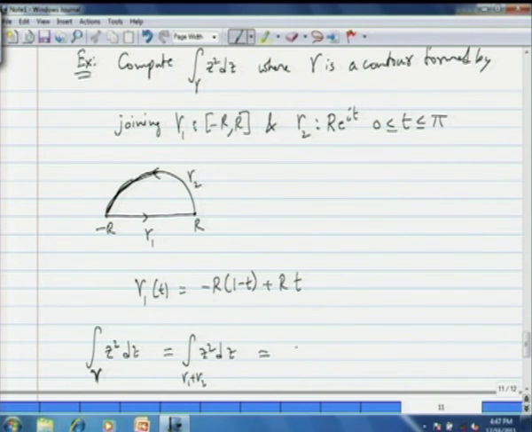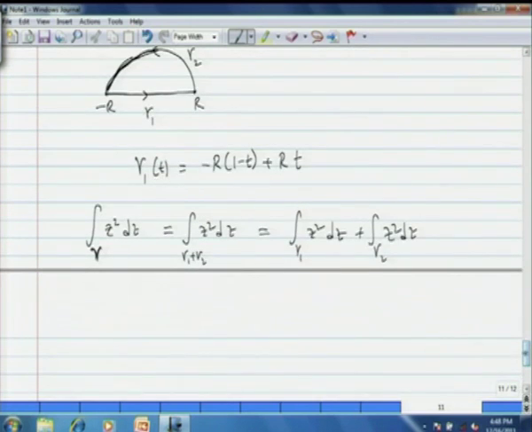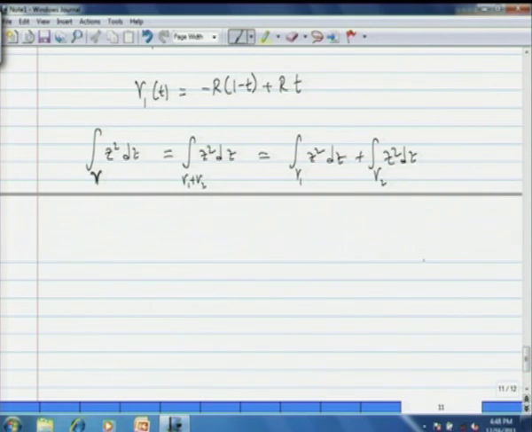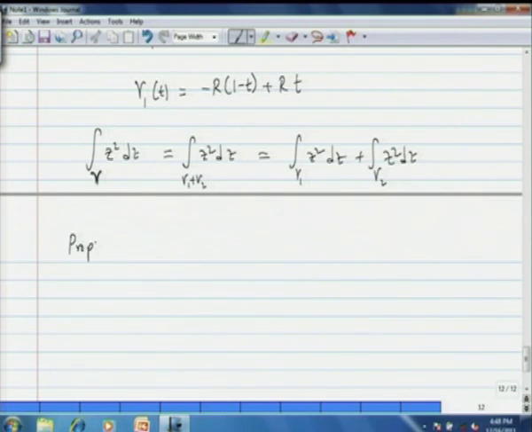Okay. So, it would be nice if I can split this into the contour integration over gamma 1 plus the contour integration over gamma 2 of z squared dz. Okay. So, let us see that one can indeed do this when gamma 1 and gamma 2 are smooth at least. So, here is a proposition. Like in the above lemma, let gamma 1 be a smooth curve,